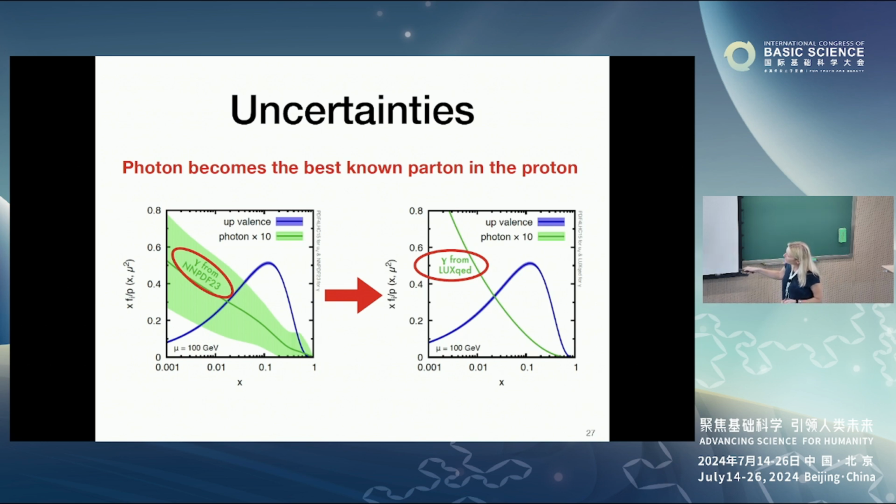Now this is really x times f of x. So this is the standard shape of valence quarks, and this is the standard more sea-like distribution with this rise at small x. So this was again NNPDF 2.3, you see, with this huge uncertainty, and this is our determination. You see that this is not really compatible, but this has a really very small uncertainty. You don't even see the uncertainty band here, essentially.